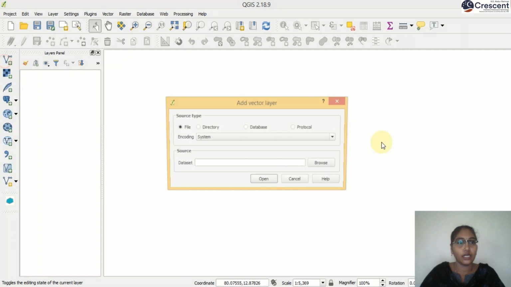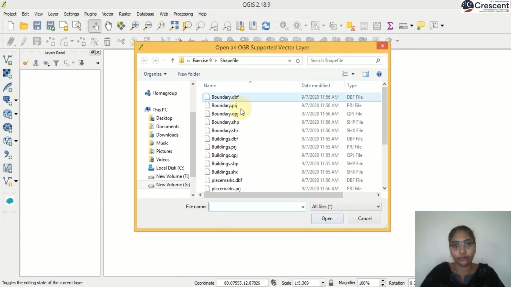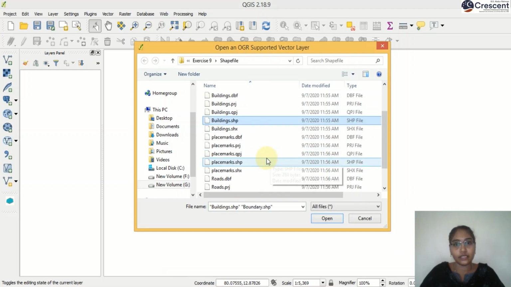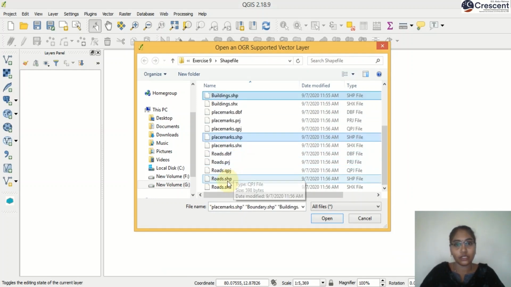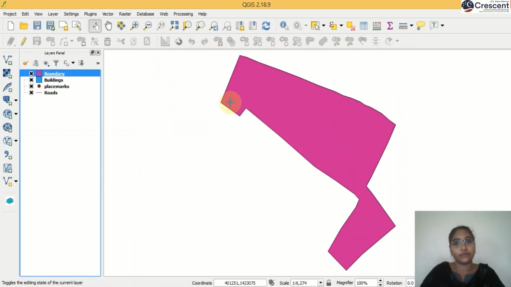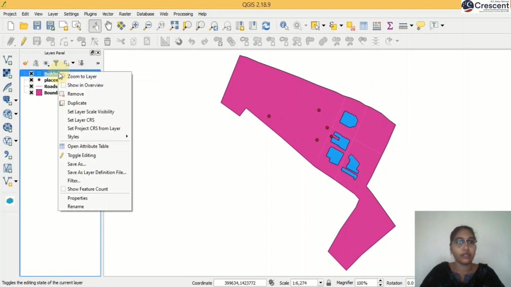Now add all the shapefiles right now. Boundary, buildings, place marks, roads. Loaded all the files, buildings, place marks, roads and boundaries. Now we are going to link the building names to this building shapefile. So under the